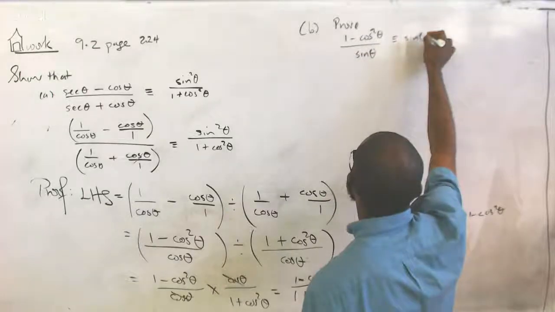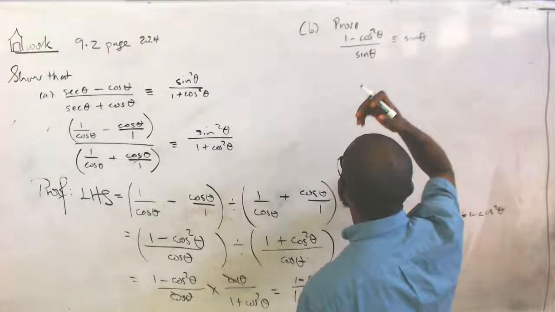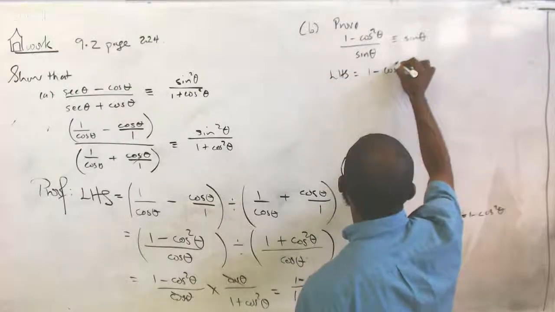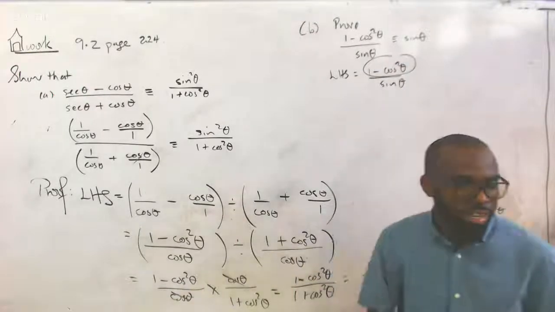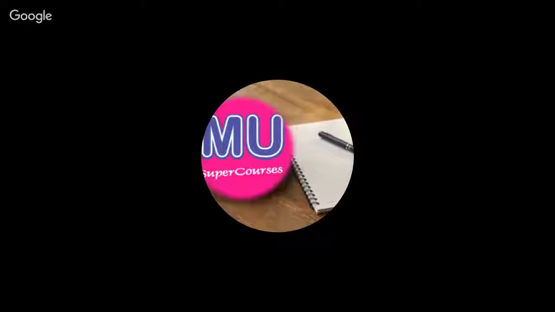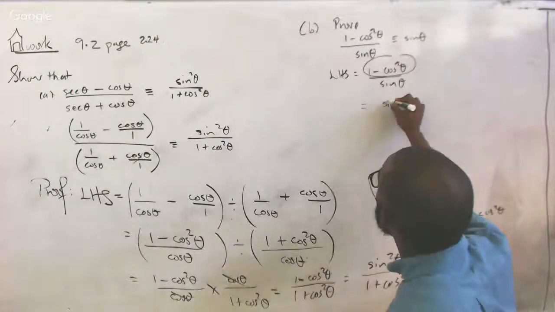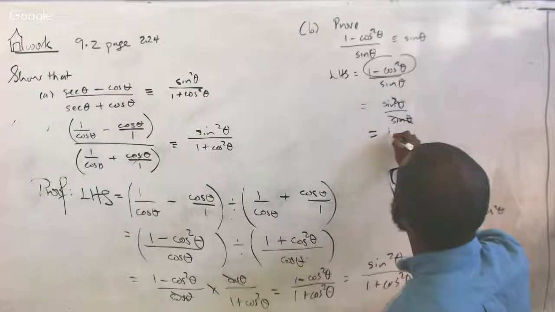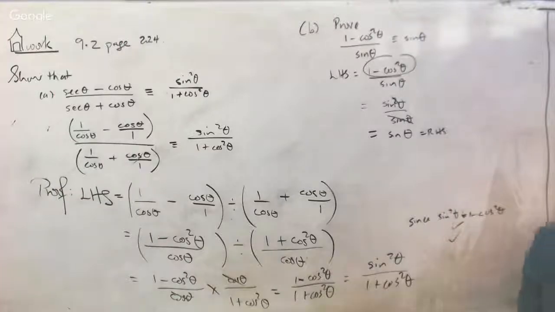But that one is beyond easy, right? The two line up. Everything is already in sine and cosine. So left hand side would be 1 minus cosine squared of the theta upon sine theta. And by now, we should easily recognize that 1 minus cosine squared is sine squared, and 1 minus sine squared is cosine squared. So this is sine squared of theta upon sine of theta. That means one of that cancels that, leaving sine theta upon 1, which is sine theta, equal to my right hand side. Cannot be easier than that.